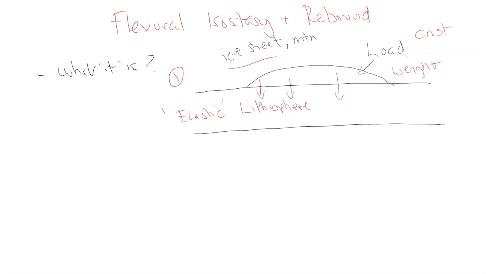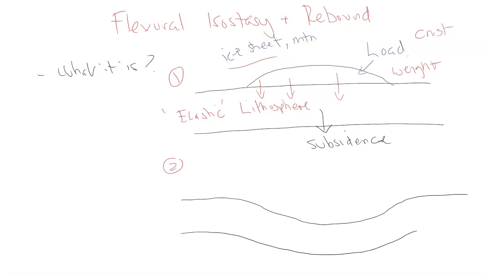And what's going to happen is the lithosphere is going to take that load, that weight. And obviously, there's going to be some subsidence, right? Some movement down, some dropping down. So it would look like this. You have this kind of elongated, stretched out lithosphere, and have the load like this. So you'd have this